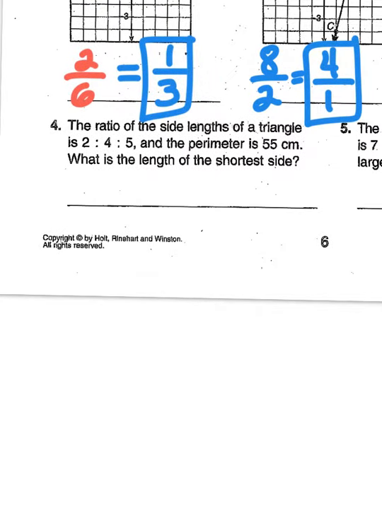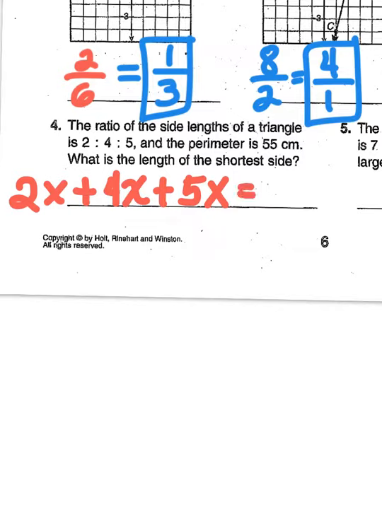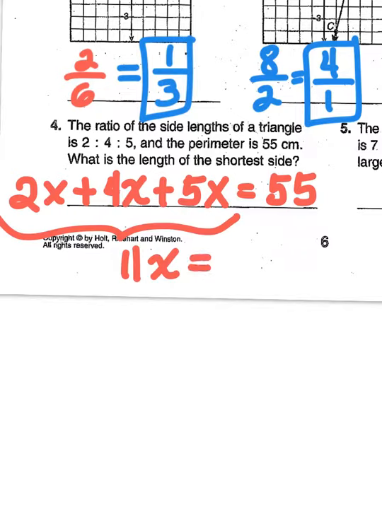Number 4 says the ratio of the side lengths of a triangle is 2 to 4 to 5. So now they're talking about the perimeter. The perimeter is 55 centimeters. 2x plus 4x plus 5x equals 55. That is right. 2 times something, plus 4 times something, plus 5 times something, equals 55. So the sum of the three sides times a factor gives you 11x. When you add them up, that's 11x. That is right. So when you divide by 11,